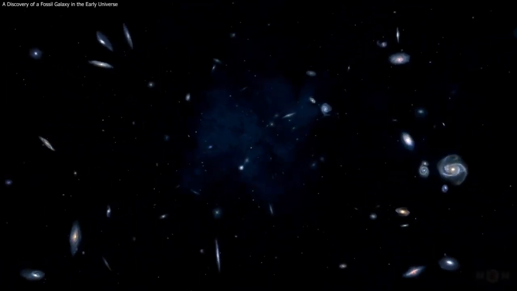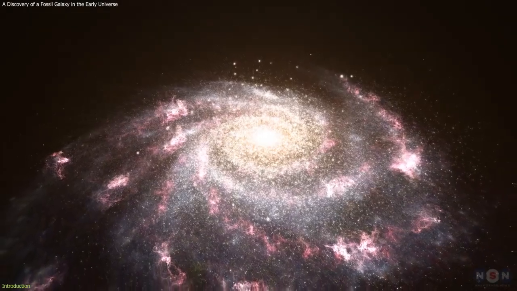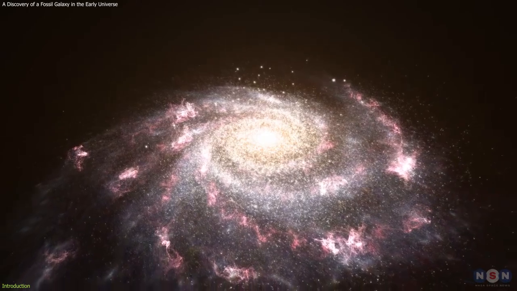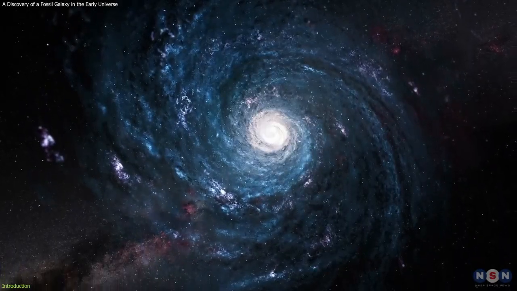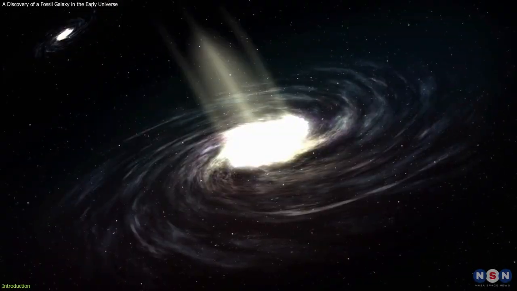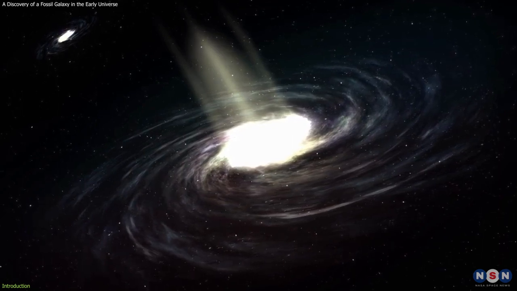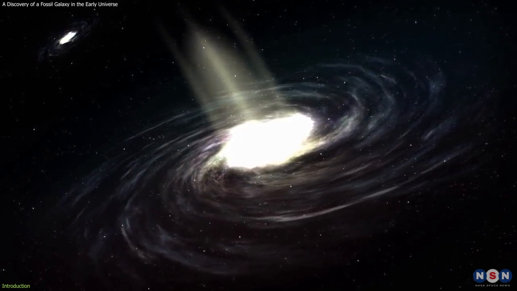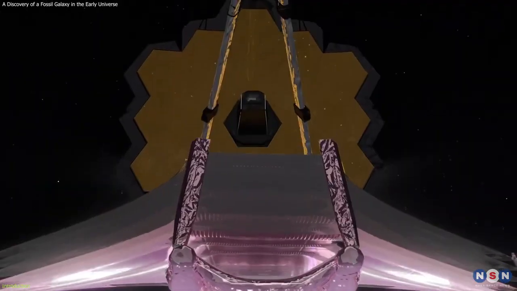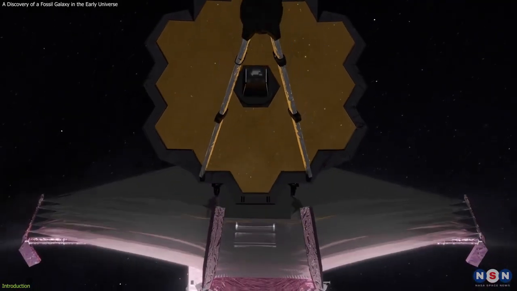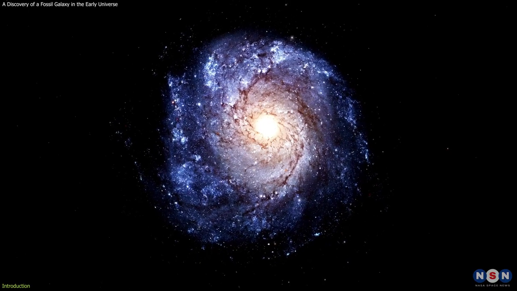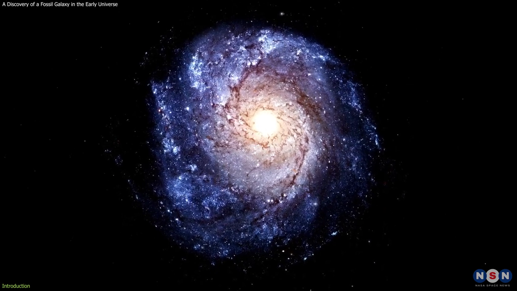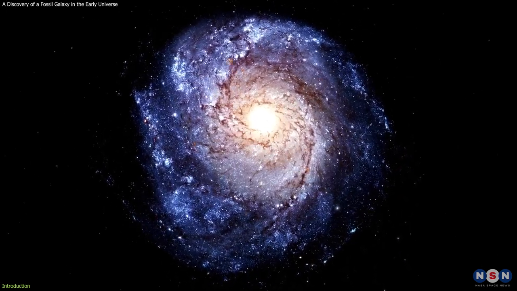What if I told you that there is a galaxy out there that is so old and has stopped forming stars that it is like a fossil from the early universe? A galaxy that is so massive and compact that it is like a giant ball of fire packed into a tiny space? Thanks to the James Webb Space Telescope, we have one of those unique discoveries, a massive and compact quiescent galaxy, which is a type of galaxy that stopped forming stars and is a possible ancestor of giant elliptical